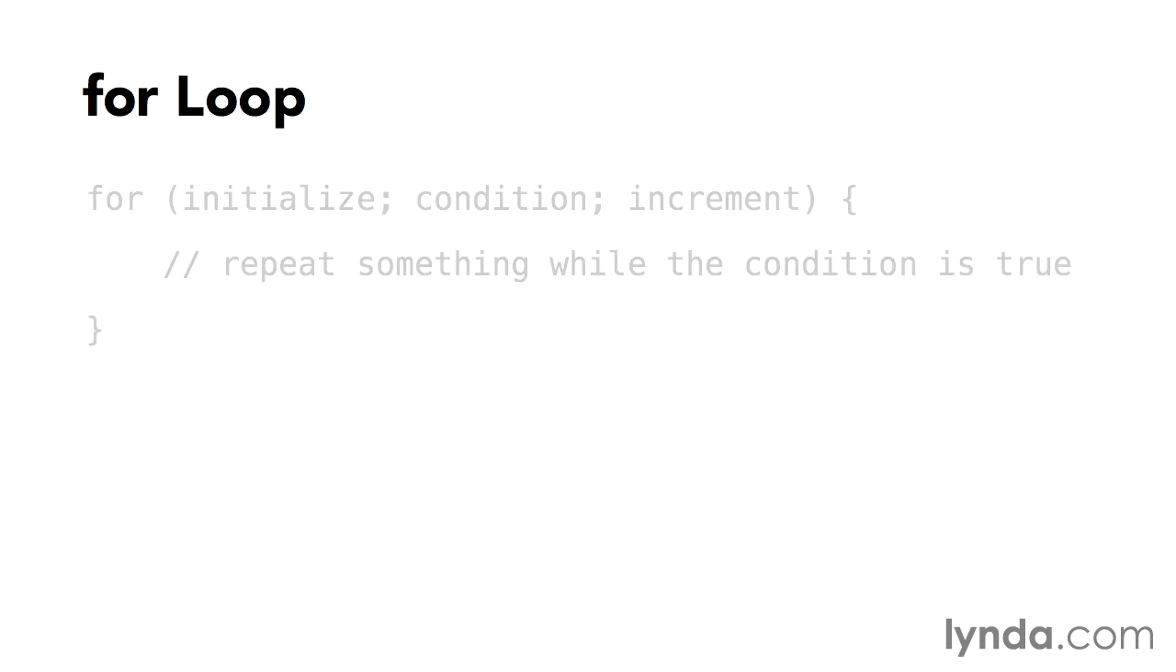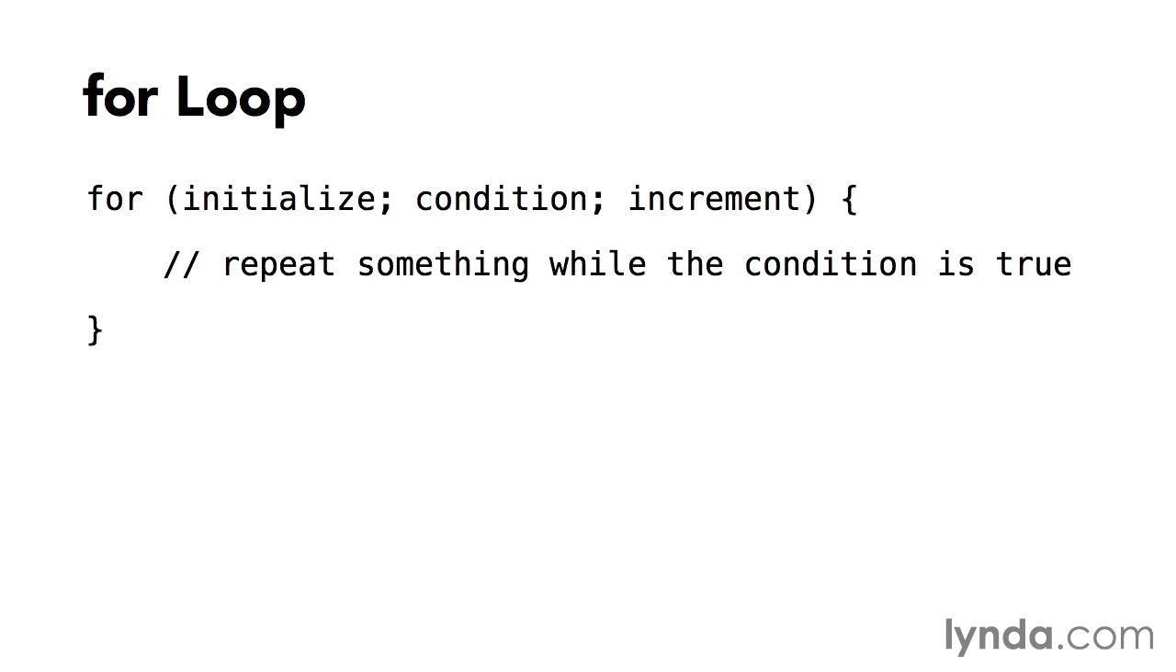Let's take a look at using a for loop. The main advantage of a for loop is that it's less prone to generating an infinite loop than while or do while. The basic syntax looks like this. The loop is controlled by three expressions that are separated by semicolons, and they go between a pair of parentheses